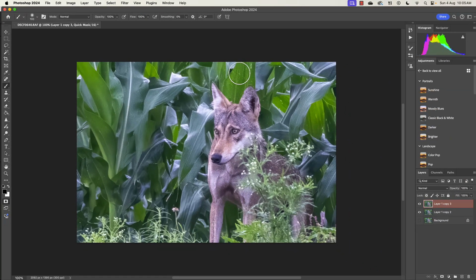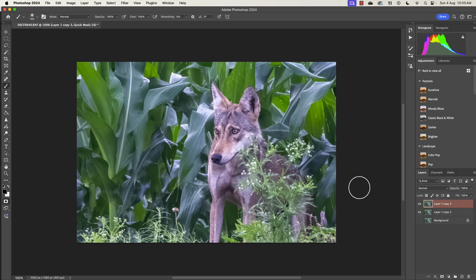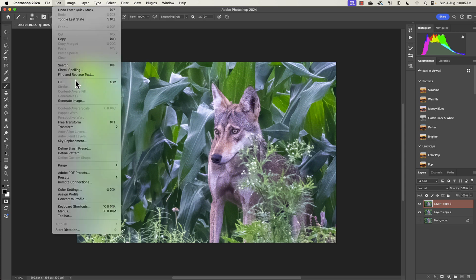Click on it. Now this has got selected partially. You can see that this layer is now maroon in color. Right. Having done that, we are going to go to Edit again and click on